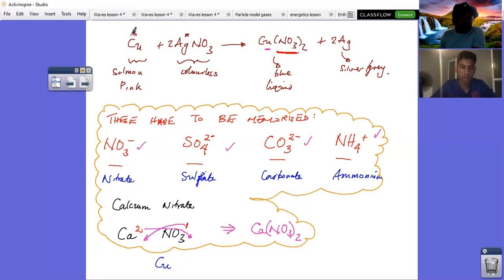Let's think a little bit about what we have. Here we have a copper atom, and it's got 2 electrons in its outer shell. Whereas here what I have is copper ions. So to go from a copper atom that's got 2 electrons to a copper ion, do I need to add electrons or remove electrons? Remove. Correct. And how do I represent removal? The minus. So Cu minus 2e minus equals,